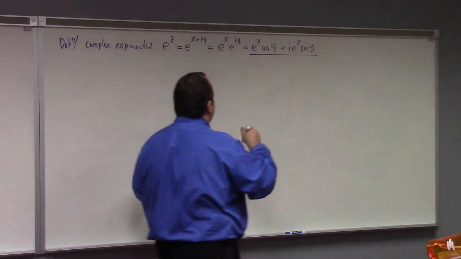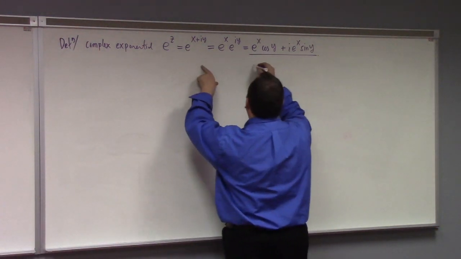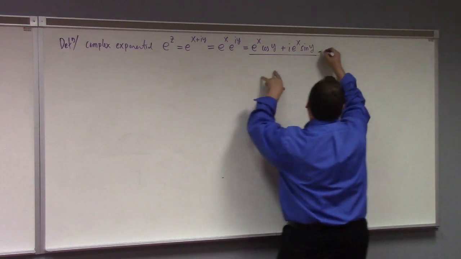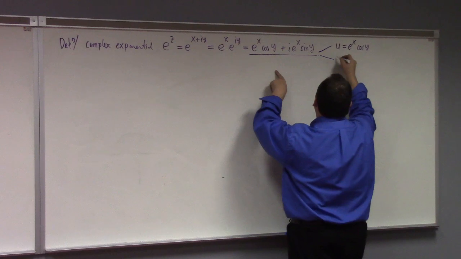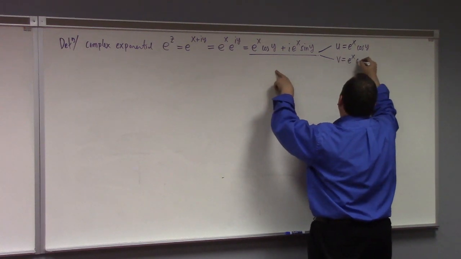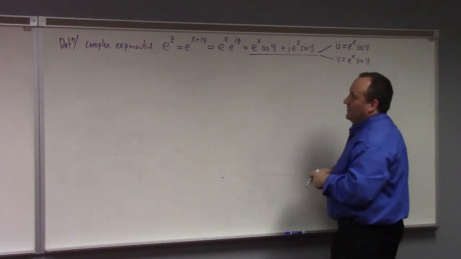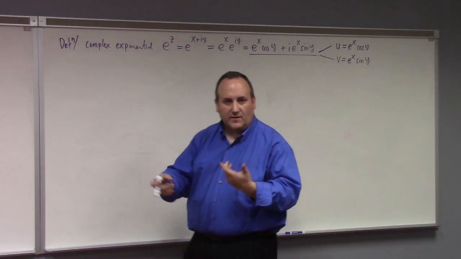You see what this is? So what's the real and imaginary part? So you see u is e to the x cosine y, v is e to the x sine y. And of course, this is consistent with our introduction of the